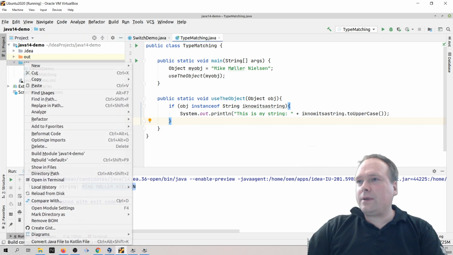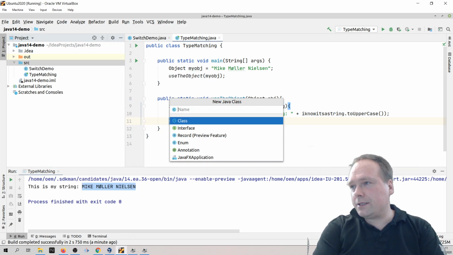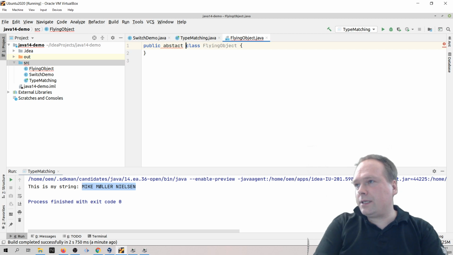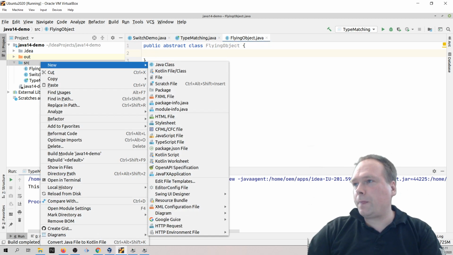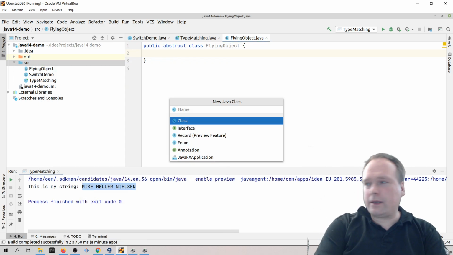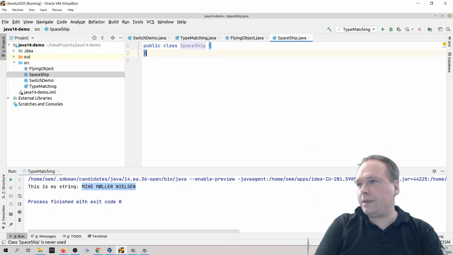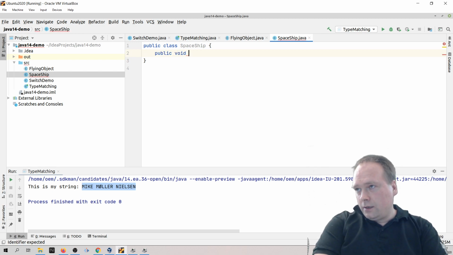Let me just show you another example. I'll create a new class. Let us do some object hierarchy, some class hierarchy. Let us create a FlyingObject like this. This is a public abstract class. So we need to extend this abstract class, and then we can create a Spaceship, which is one flying object, and this spaceship has a method, public void... What should this be? landOnMars,